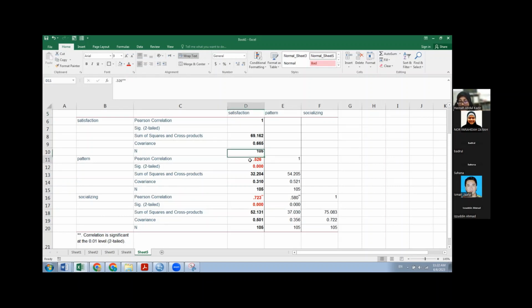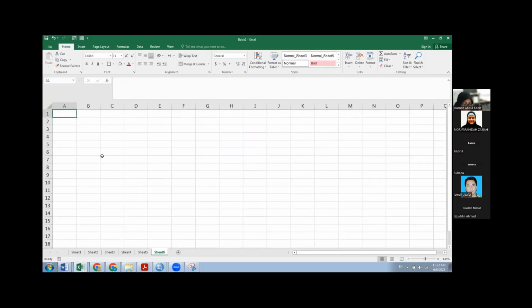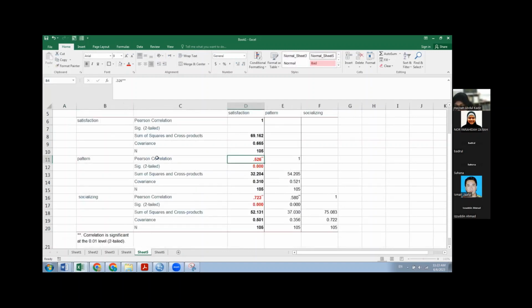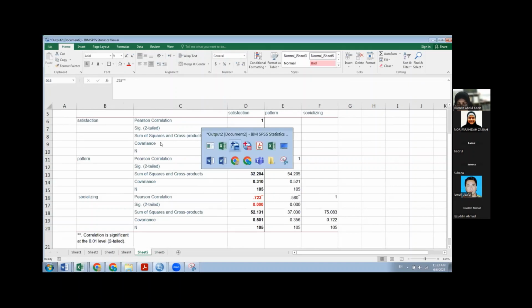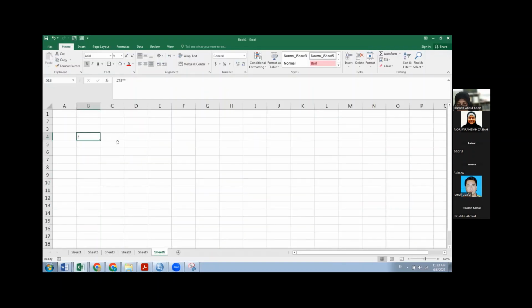Now the second one is the strength. What is the strength? Look at my screen. Can you please copy this one? The strength. If the R value, okay, R value is here. Here is the R value. Here, Pearson correlation, we call it R value. Now, if the R value, please copy